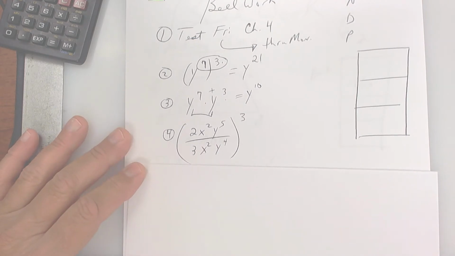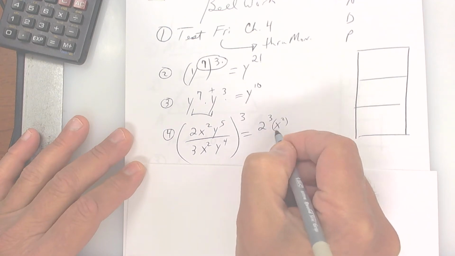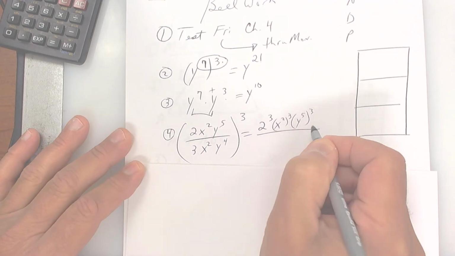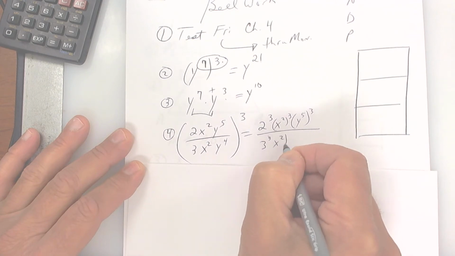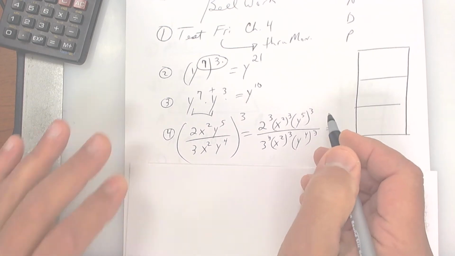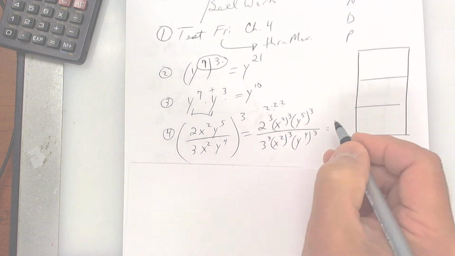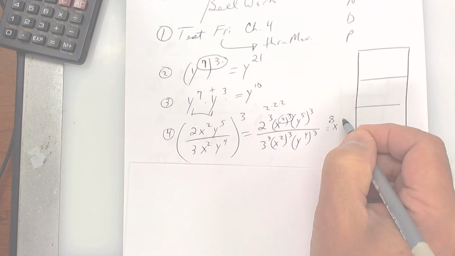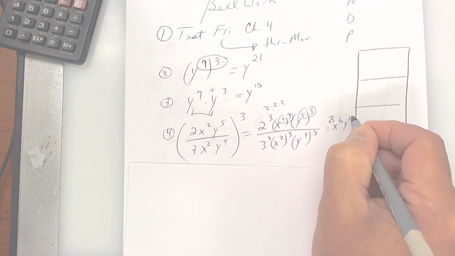This one right here, everything inside here gets a 3, so it's going to be 2 to the 3rd, x squared to the 3rd, and y to the 5th to the 3rd. Everything down here gets a 3. All right, so let's see what happens. 2 times 2 is 4 times 2 is 8. So you get 8 x6 and y15 over